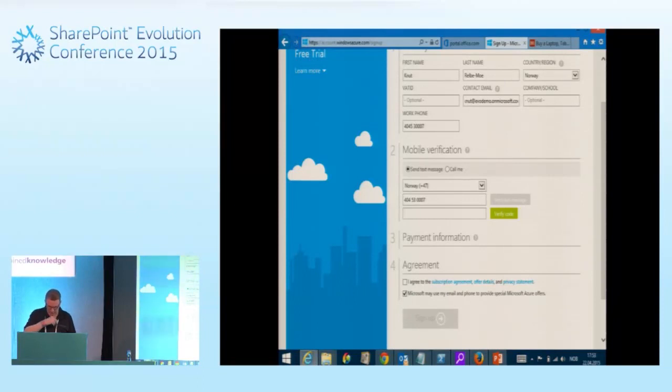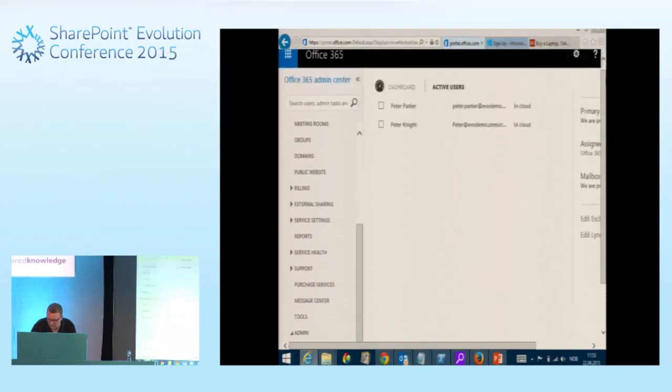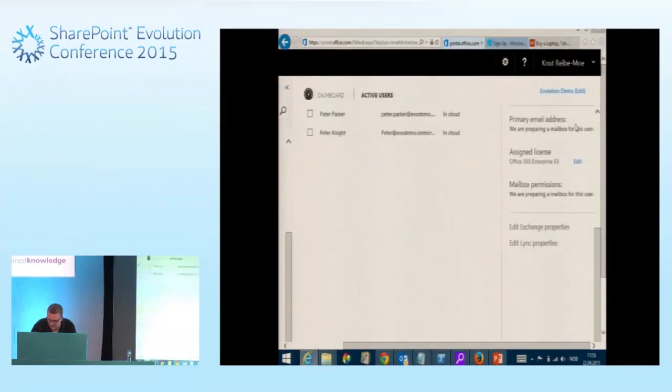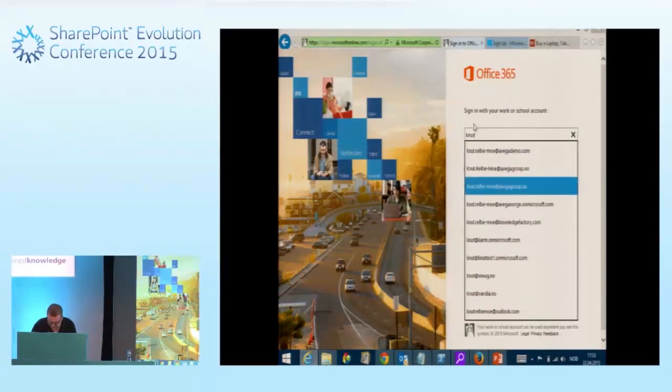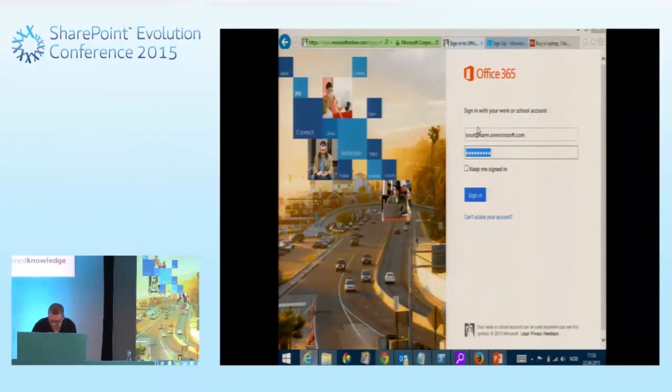If not, I can show it to you on a tenant I put up earlier today, so we will just give it a couple more minutes. If not, I will just switch to my demo tenant I tried to put up earlier. Actually, I think we just do that. So just 2 seconds. Then we are just going up here, signing out. Sign out. And then we're signing in with another